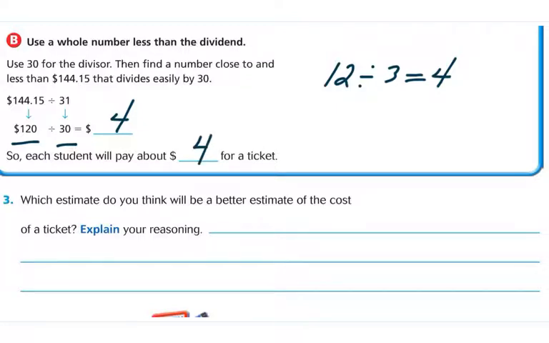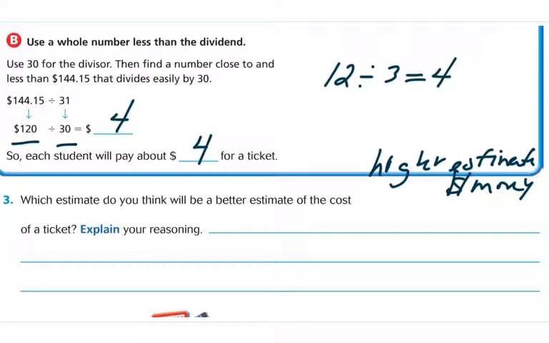Now on number 3, boys and girls, it asks, which estimate do you think will be a better estimate of the cost of a ticket? Explain your reasoning. Now, boys and girls, because we're dealing with money here, we want to make sure that we have enough money, not less money. So in this particular example, we would want our estimate to be a higher estimate. Think to yourself, money, I want to get a higher estimate. So the $5 estimate is better